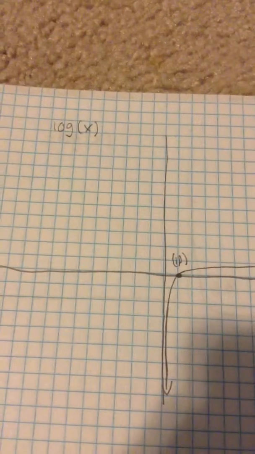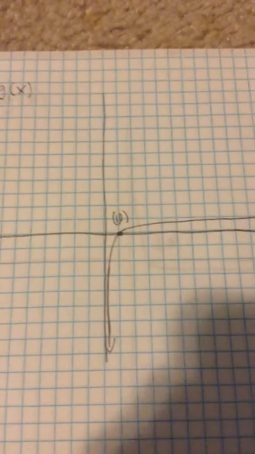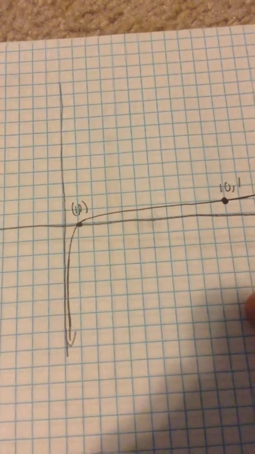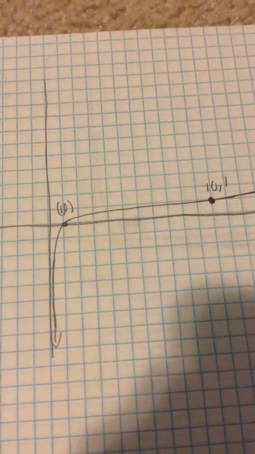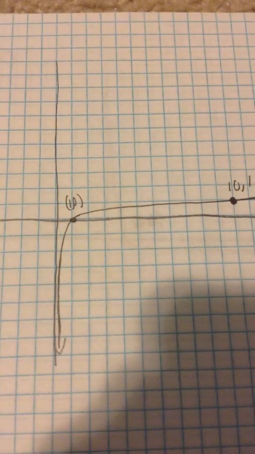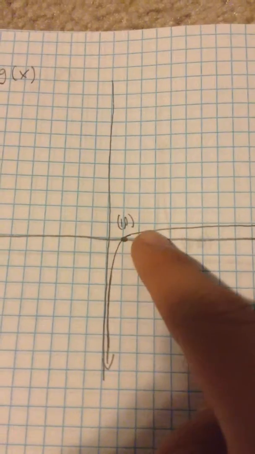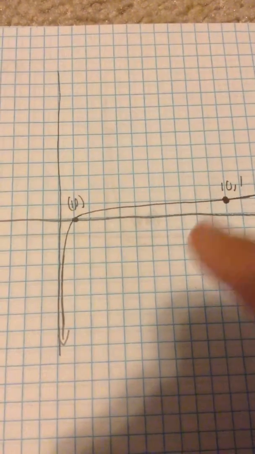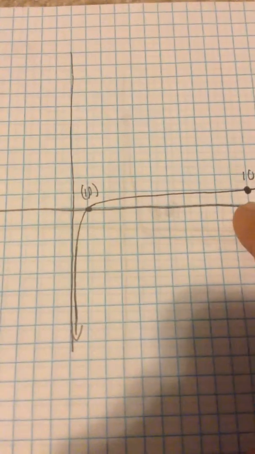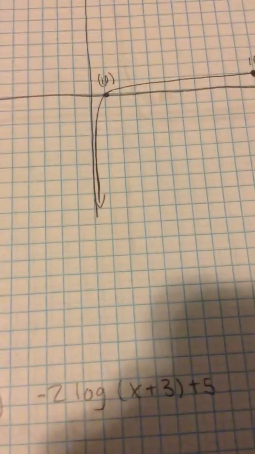Okay, so here I will be transforming the function log of x. Now log of x is this right here. This is the regular function. So it has a 0 of 1, 0 right there, and as it keeps going, as x goes up to 10, y goes up, y is 1, and so I will be transforming that function